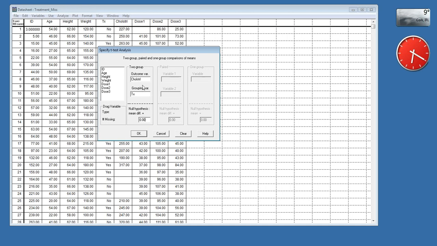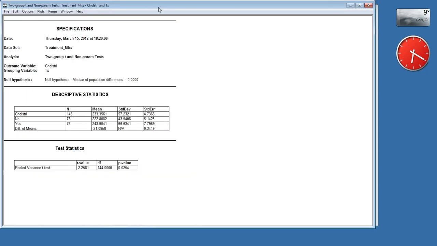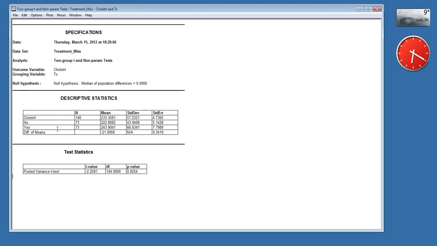And also, I don't have to do any normality checks here because SOLAS does that. SOLAS will say if it fits the assumptions for a t-test, it'll run a t-test. If it doesn't fit that, it'll run a non-parametric test instead. So I'll click OK. In the output, we're given a table for the mean, standard deviation, and sample size